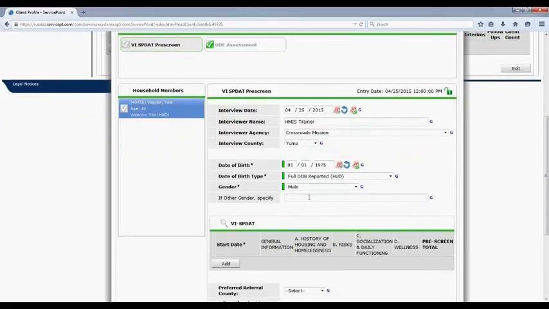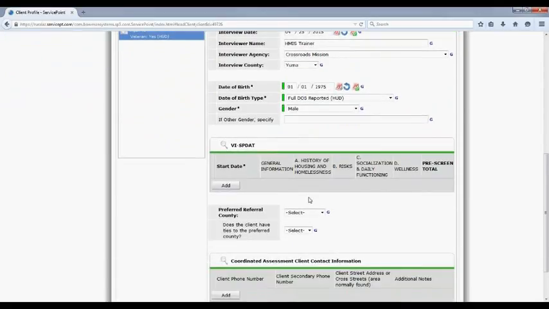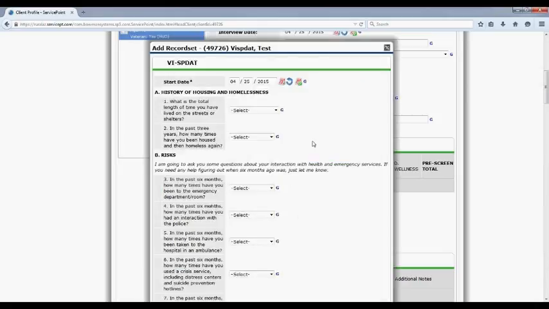The demographics fills in automatically from the previous assessment we just completed. And now we're to the actual VI-SPDAT sub-assessment. And here's where you're going to enter the VI-SPDAT assessment that you just did with your client, probably on paper. So click the Add button. The start date fills in automatically, and I'm going to just very quickly skim through these questions because, like we mentioned earlier, this is not a training on how to conduct the VI-SPDAT,